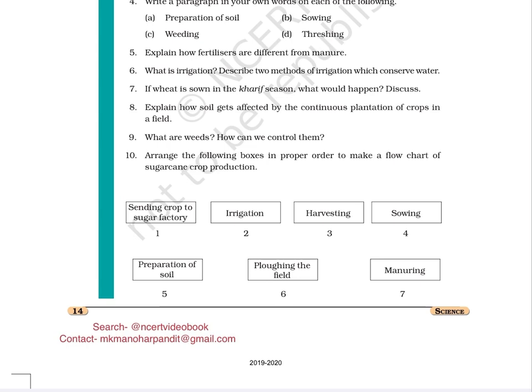Seventh, if wheat is sown in the Kharif season, what would happen? Discuss. Eighth, explain how soil gets affected by the continuous plantation of crops in a field. Ninth, what are weeds? How can we control them? 10th,